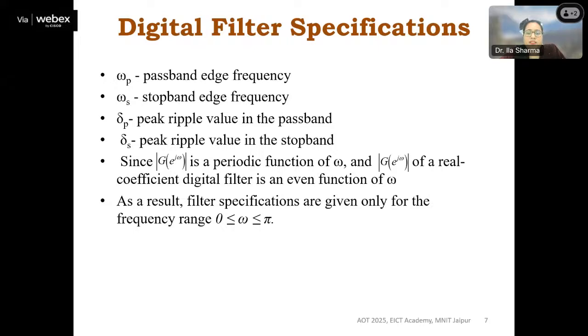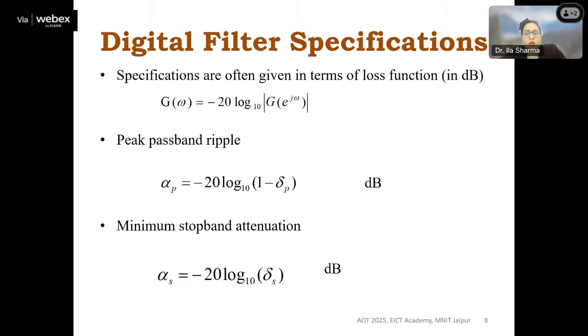Like if we have this pi value as the maximum, it will go from 0 to 1, depending on whatever the maximum value of that function is. The maximum value is divided into all the axis values, and that is how it is normalized. If you have worked in this domain, with signals or communication or in MATLAB, you know about this normalized form. Also, these functions are calculated in dB, like the peak passband ripple. These are the standard formulas.